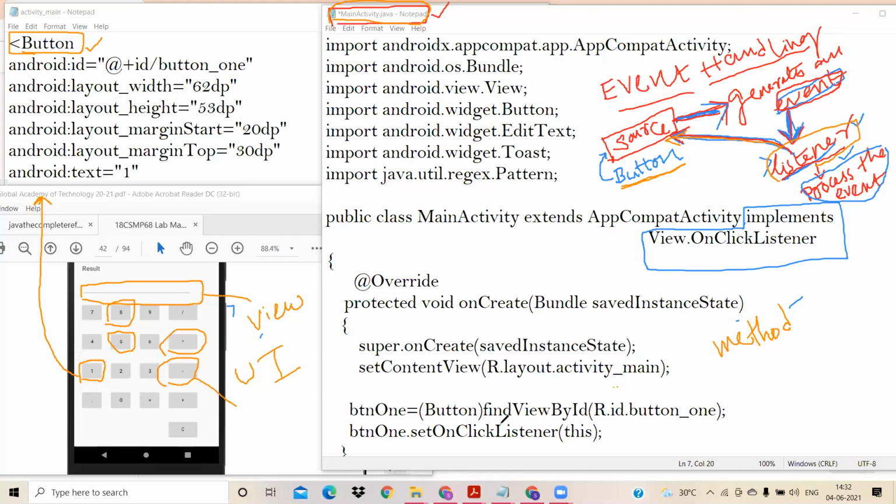So that's why I'm telling you, I want to find a view. How do I want to find a view? I want to find a view with respect to ID. And what is the ID? This is the ID which is specified here, that is